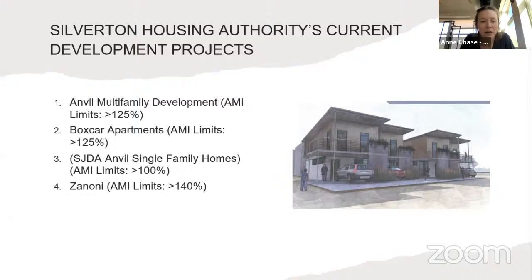Boxcar apartments will be located just above the pre-existing apartments in Anvil, and similar AMI, area median income restrictions of 125% and below. I think those will actually be more like 80% and below, but that is still to be determined. And then San Juan Development Association